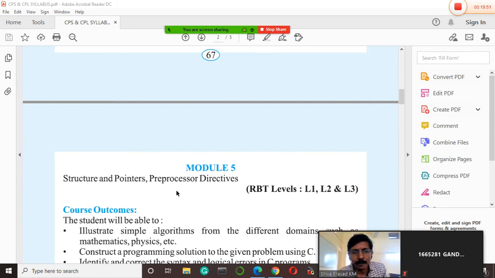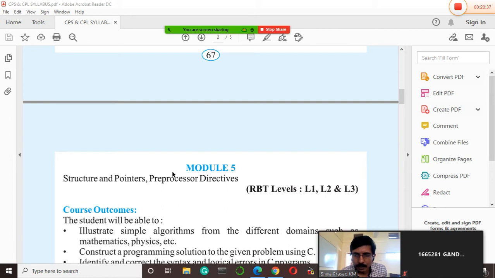Similarly, the same pattern will be used for your internal assessment tests. You have 3 internal assessment tests, which are compulsory, and you have to attend those 3 internal assessment tests. They are mandatory. So the 3 internal assessment tests carry 50 marks each. 150 we will be considering, and based upon how much you score out of 150, we will calculate that score and convert it to 40. Out of 40 you might have got 38 or 39. That 38 or 39 will be added to your main examination score.